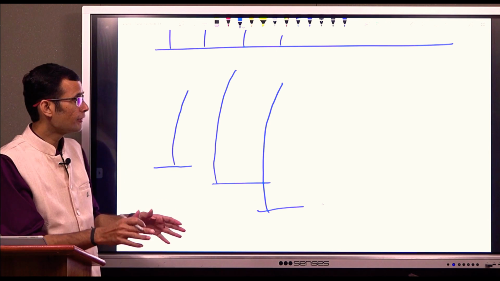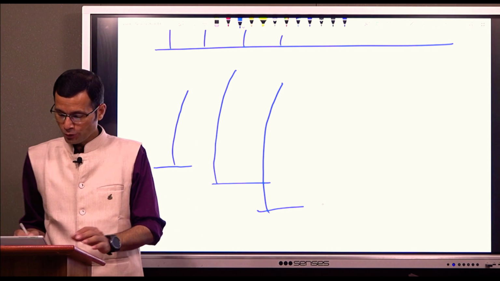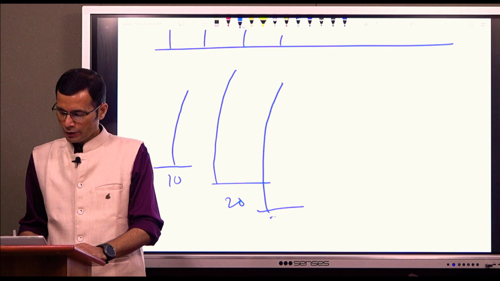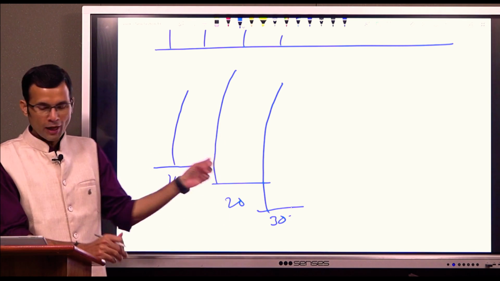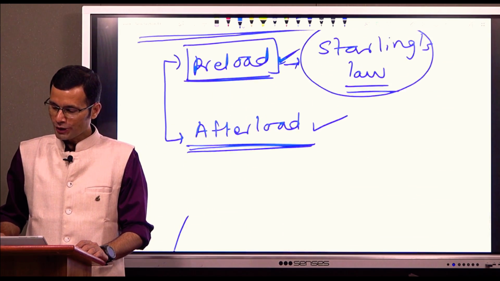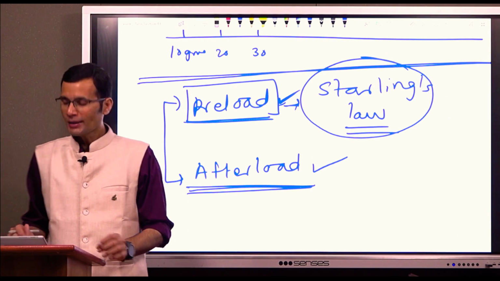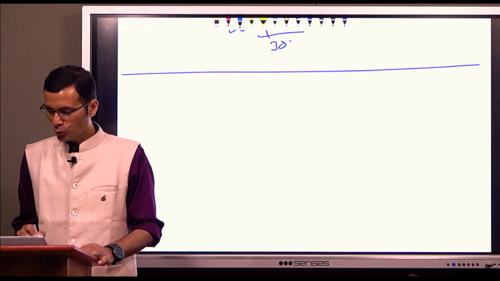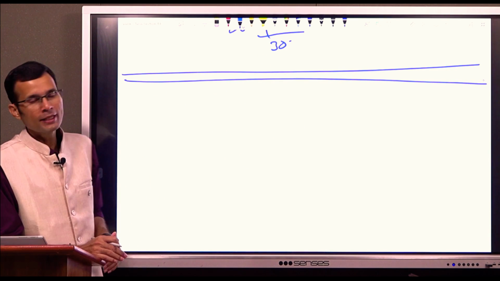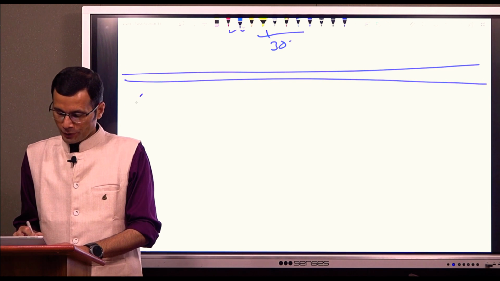But what you can observe is that as you are applying the load, the height of contraction is actually increasing. Why? It's a stronger contraction by Starling's law. That's preload, and that's the effect of load on skeletal muscle contraction. Next